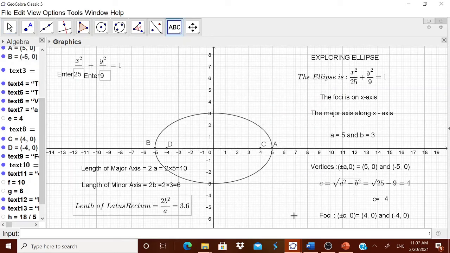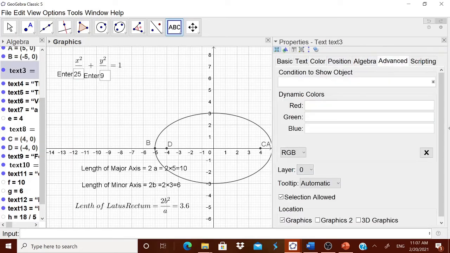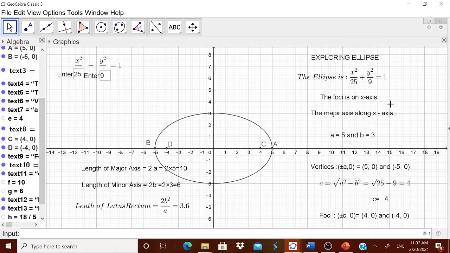Okay, fantastic. Now I think the directrix also you can do. I'm just leaving it to you. You see, all these things, whatever you have typed over here, maybe the value of c, everything should be displayed only when a is greater than b. Come on, let us go for the conditions now. You have to be very careful, because this should be displayed only when a is greater than b. Because this is the first type of ellipse.